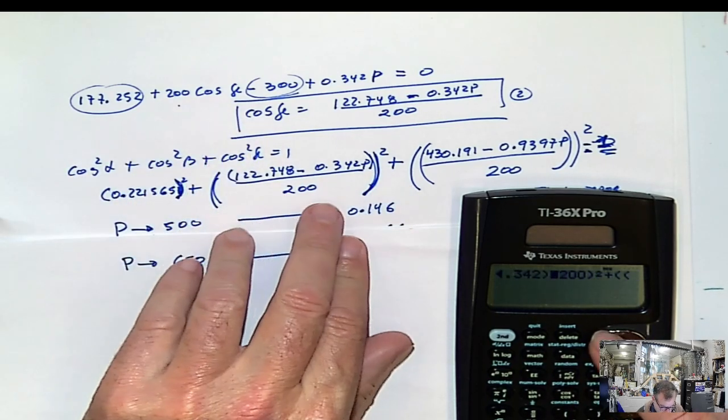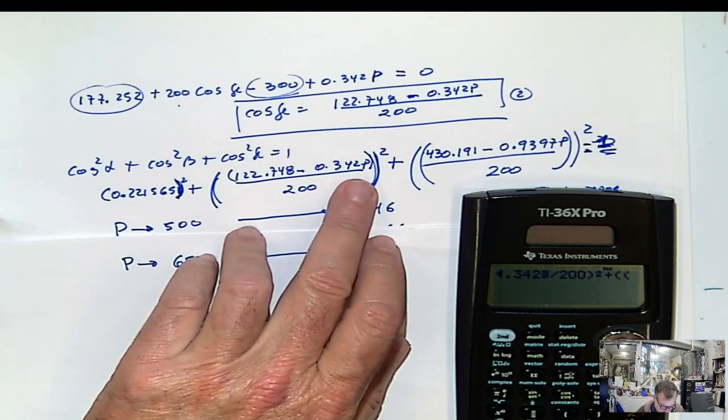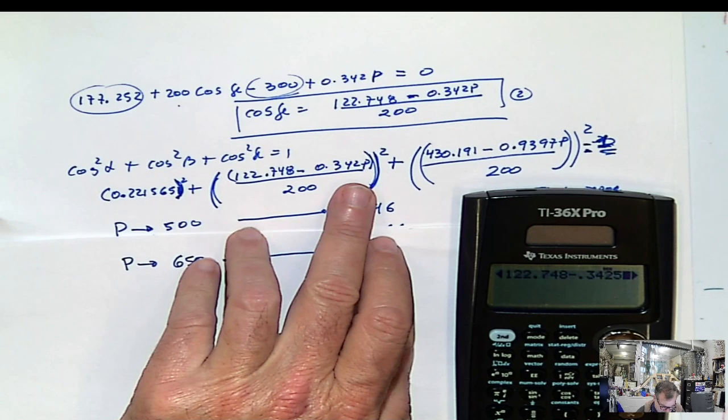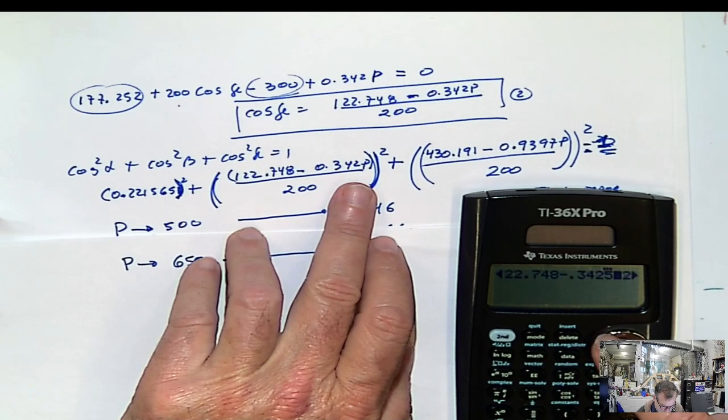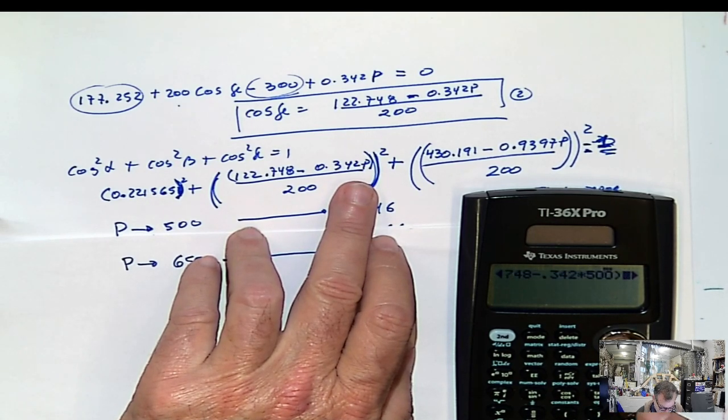Oh, I'm so smart. 0.342P, and let me try again with the 500 because I want to be sure that the values are correct, times 500 divided by 200 square plus